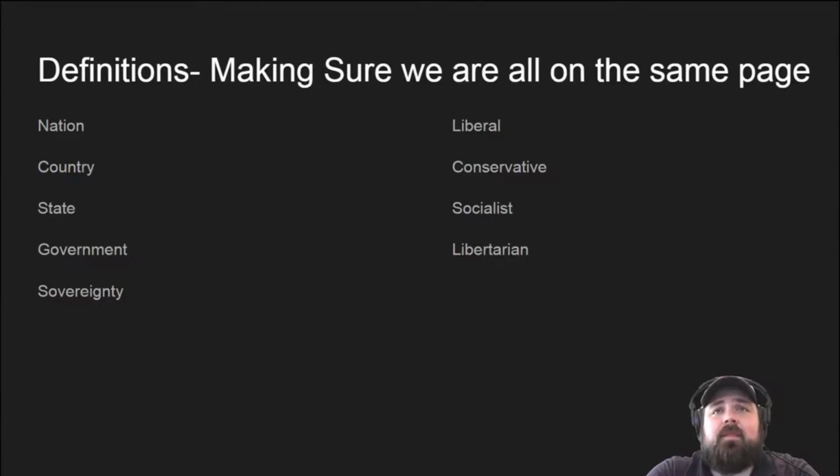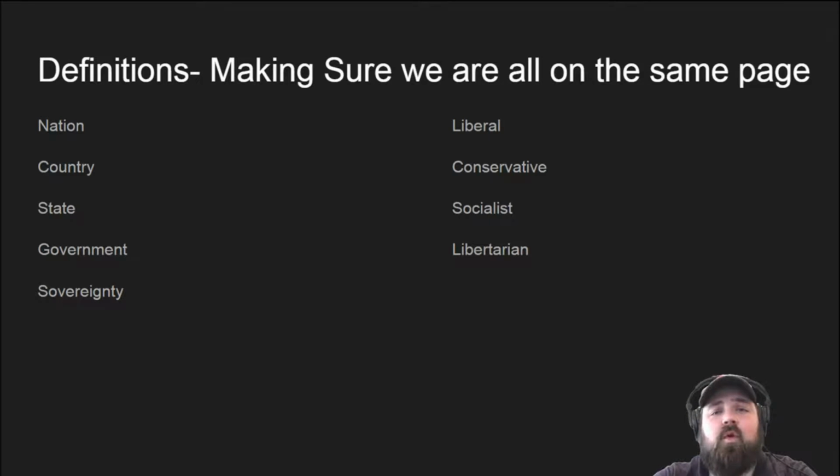Today, the first thing we're really going to be doing is examining some definitions, making sure we're all on the same page, using the same words in the same ways. We have a series of definitions that I want to make sure we're all using together, because these are terms that are going to keep cropping up over the course of the semester. We're going to use them over and over again, so I want to make sure that we're using them properly from the beginning.